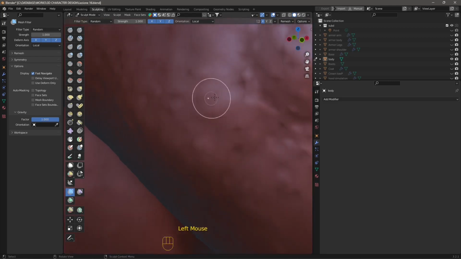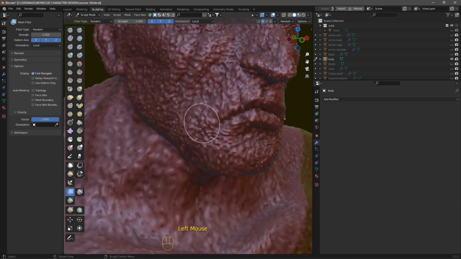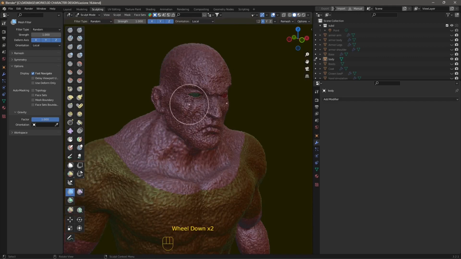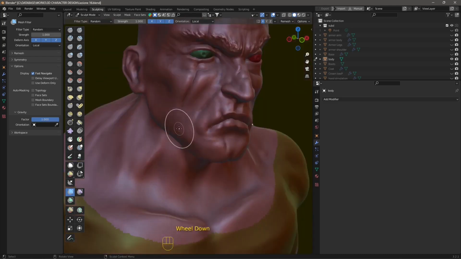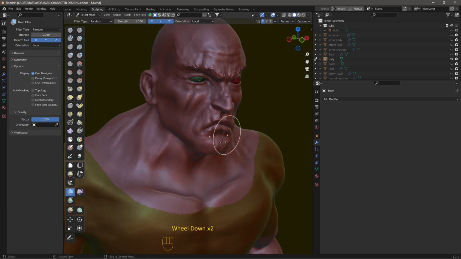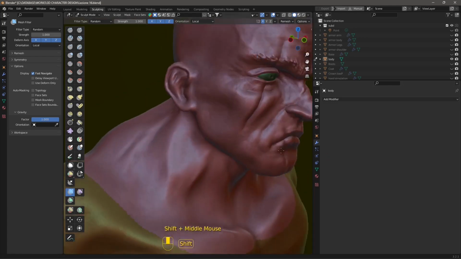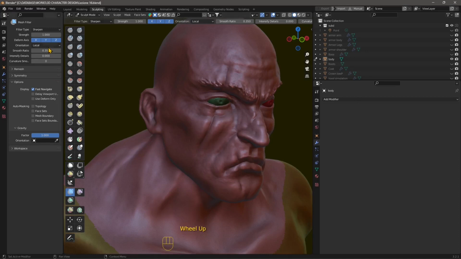So we're going into really fine details. As you can see, we are going down and down. Now, if you have more polygons, you're gonna have more skin details if you want. Now, don't exaggerate if you want to simulate skin, because otherwise it will look like some other surface, which could be like a rock or metal or whatever. So always apply the mesh filter carefully. And the random effect, I think it's a really wonderful effect. It's similar to the noise effect that we have in ZBrush,